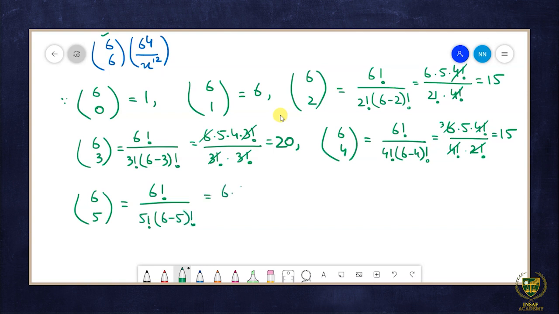This is equal to 6 into 5 factorial over 5 factorial. 5 factorial cancels and this is equal to 6, and 6c6 is equal to